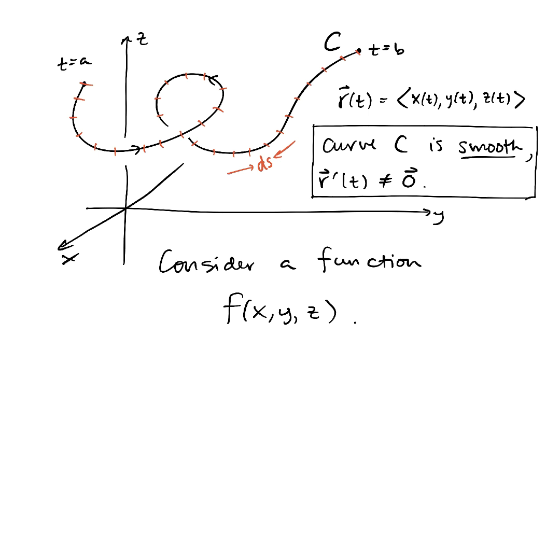So the sense in which we're going to integrate this function along this curve is we're going to use each of those little segments, like say this one red segment here, as the, quote, base of a rectangle, where the height of the rectangle is given by the function at that point on the curve. So you can try and think of it as a bunch of rectangles with their bases along that curve,